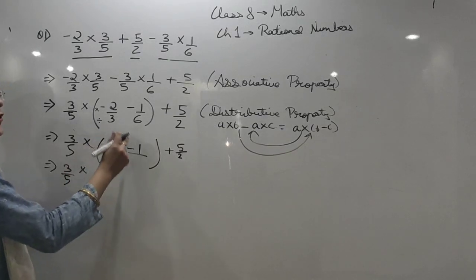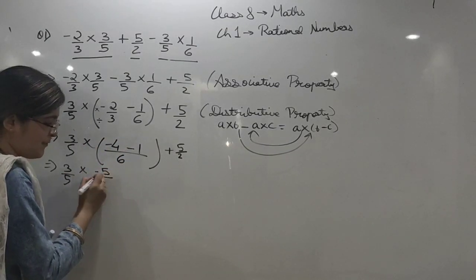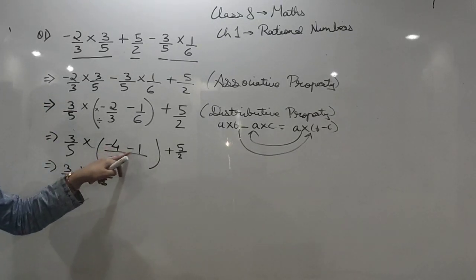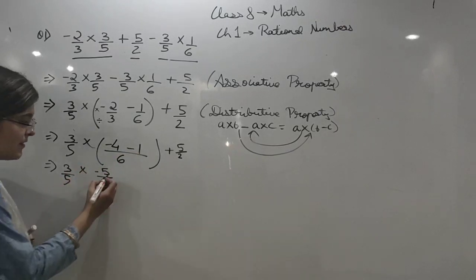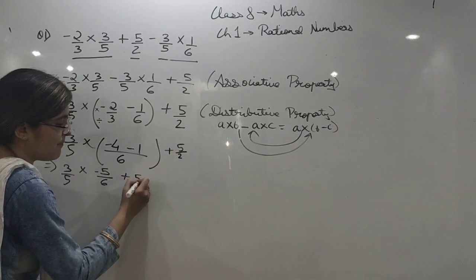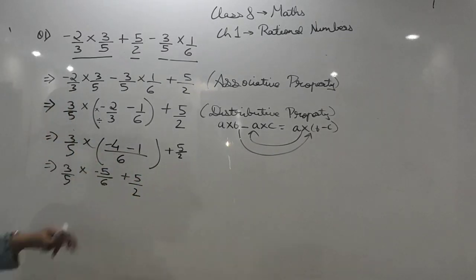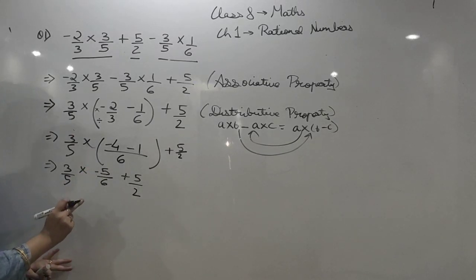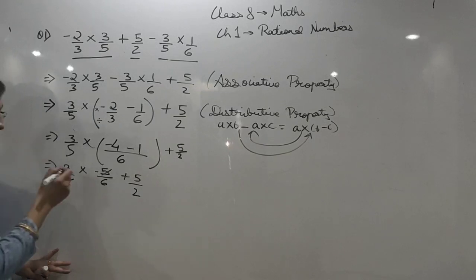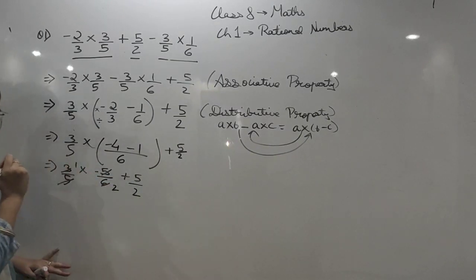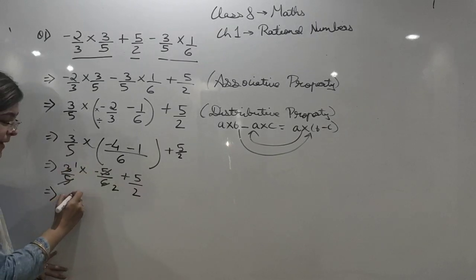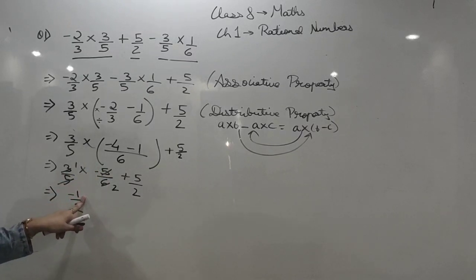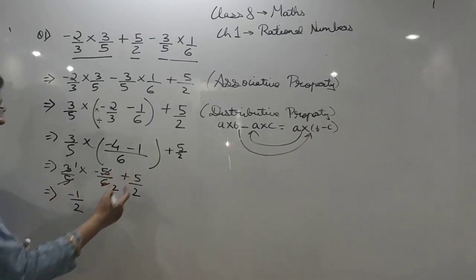Now what will come? Minus 4 into minus 4 will become minus 5 by 6. Minus minus is plus, sign minus. And the rest we will write the same. Now we have simplified it so we can cut. Whenever there is a multiplication sign, then only we can cut. So 5, 5 are cut. 3 ones are 3, 3 twos are 6. So what is the answer that is coming? Minus 1 by 2. Minus 1 into minus 1, minus 1. 1 into 2, 2. Plus this is the same.